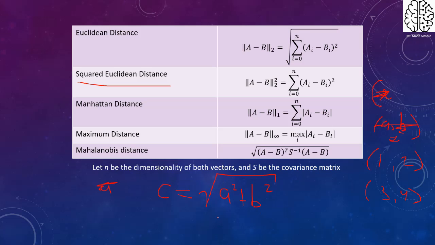This is going to give us (1 minus 3) squared plus (2 minus 4) squared. Oops, the square should be outside these brackets. So 1 minus 3 gives us negative 2 squared plus 2 minus 4 also gives us negative 2 squared, which is 4 plus 4, which is 8, and the square root of 8 is, of course,